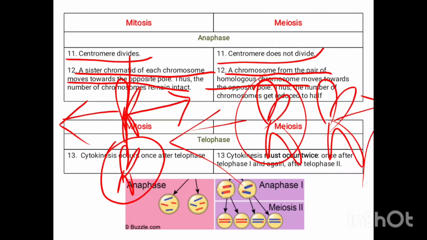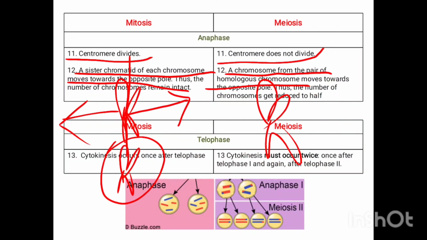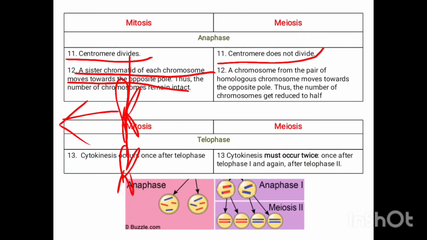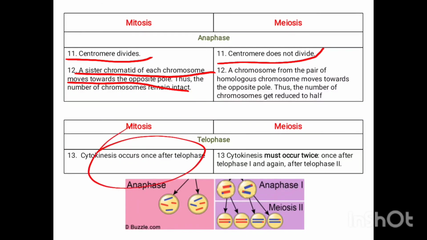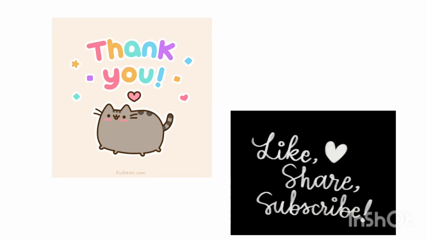And now the telophase stage is similar in case of mitosis and meiosis, and soon after telophase, cytokinesis will take place. In mitosis, cytokinesis occurs once after telophase, whereas in case of meiosis, the first cytokinesis will take place after telophase 1 and then again after the end of telophase 2. So with this we have come to an end of today's